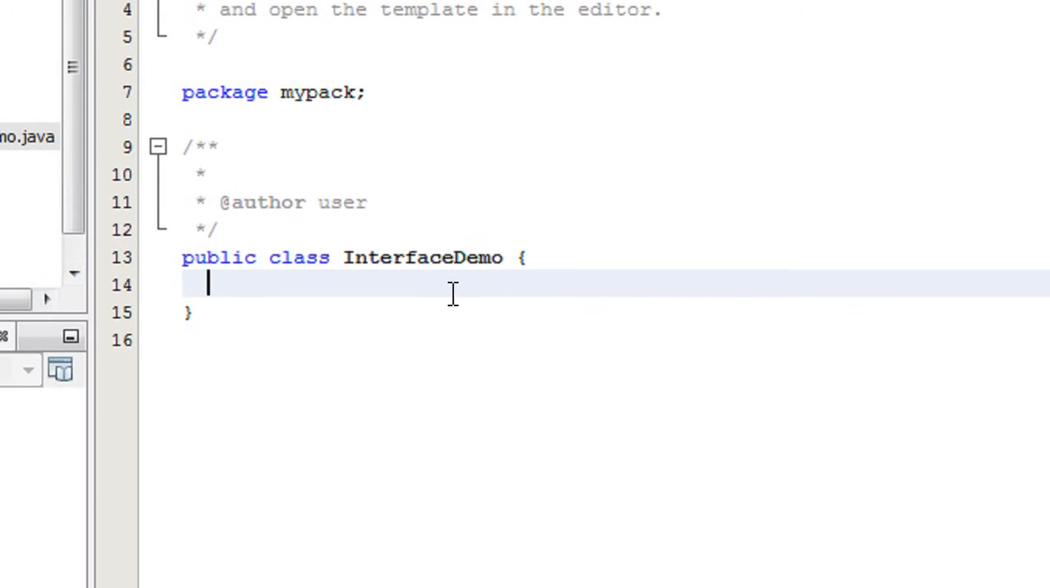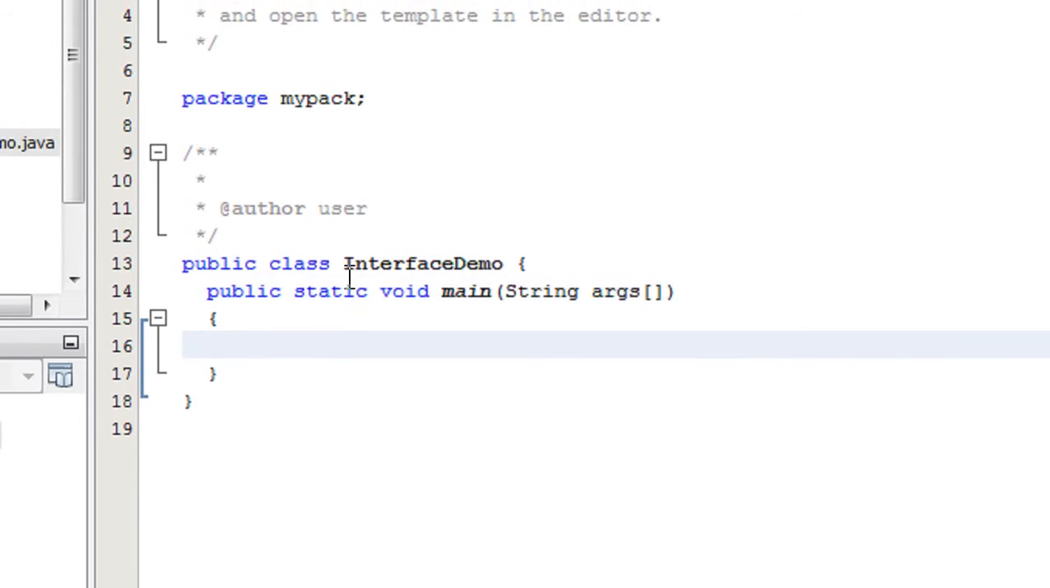So here is the main class. Here I declare the main method: public static void main. Here is the main method. Okay,